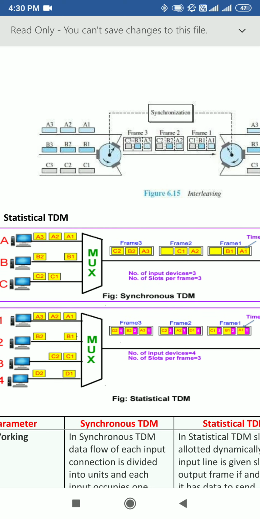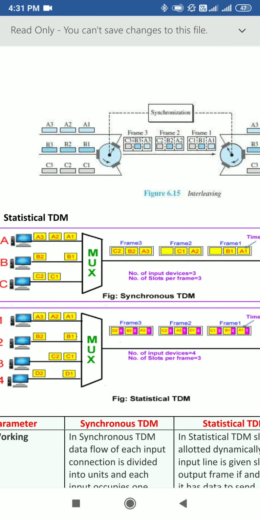So while studying synchronous TDM, I told you that time slots are pre-assigned to a fixed user before the actual process of the technique. This is the drawback of synchronous TDM. Before the process of TDM itself, it will allocate the time slots within the frame. But since there is no data at that time slot, bandwidth at that particular time slot is wasted. To overcome this disadvantage, we have the statistical TDM.